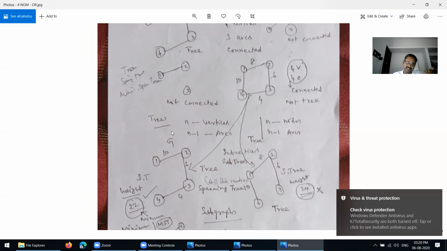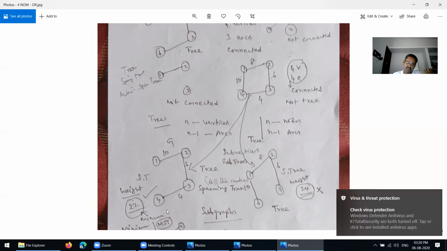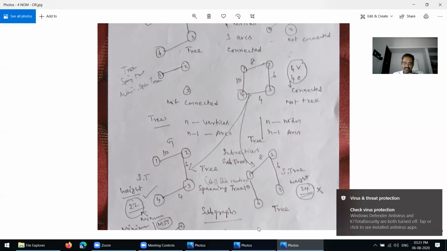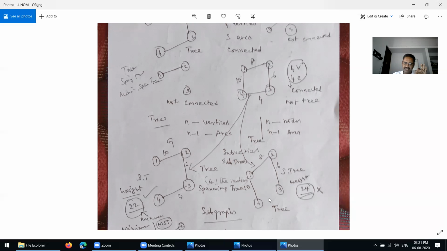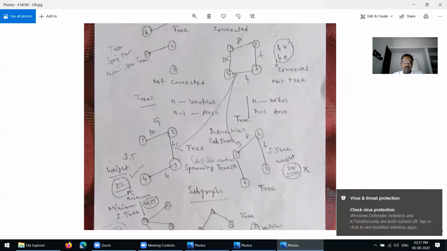The first one is, see here now, 1, 2, 3, 4. So here, how many vertices? 1, 2, 3, 4. This is also a network with 4 vertices, and how many edges? Only 3 edges. So this is also a tree, but it's also a subset of G, the connected graph. See here now, the other one is also a tree, because how many vertices here now? 1, 2, 3, 4, and 3 edges. Existing these conditions, it is also a tree and also a subset of the original graph, the first one.